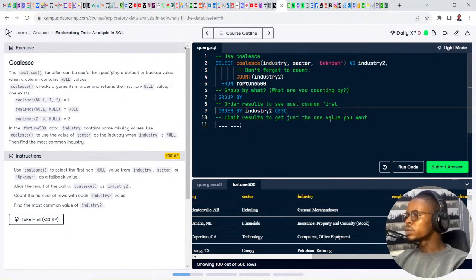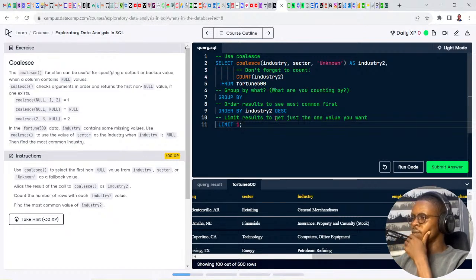Limit results to get just the one value you want. If you find the most common value of industry2, limit results to get just the one value you want. First thing, we're going to limit to one, since it's the most common. Then, group by what? What are you counting by? You are counting by